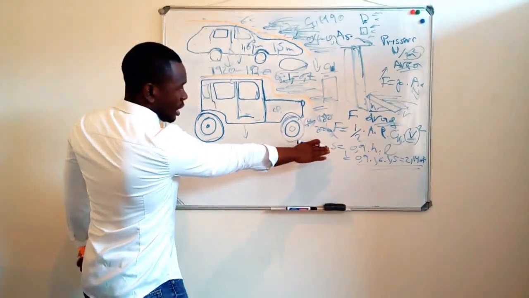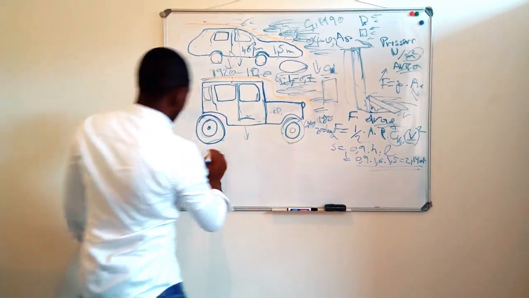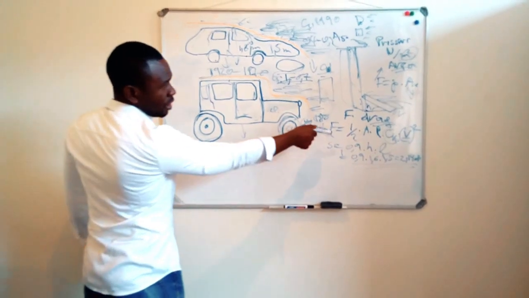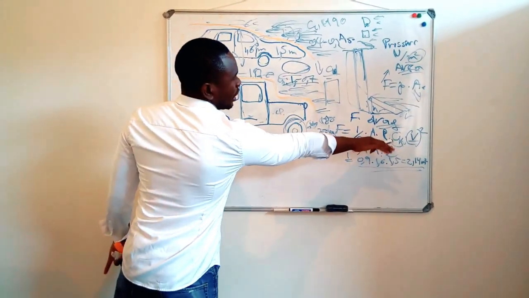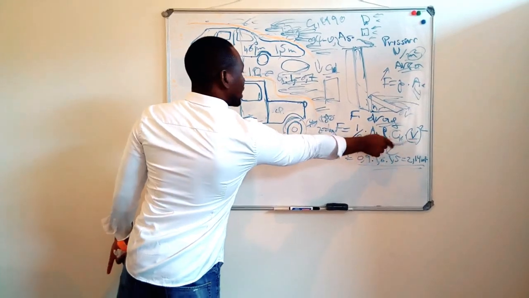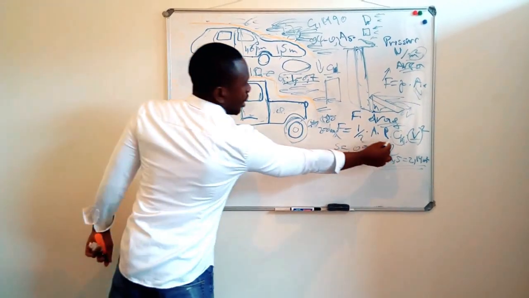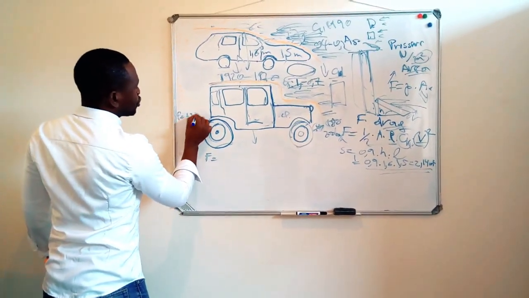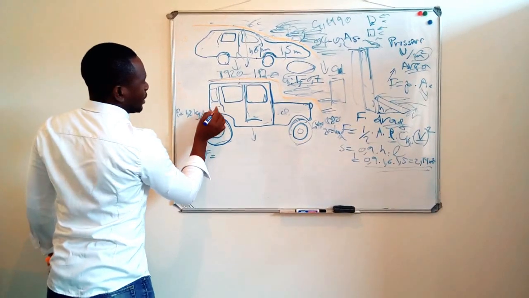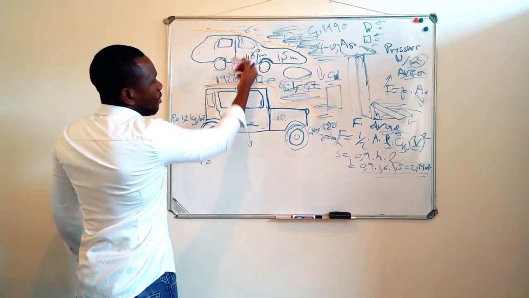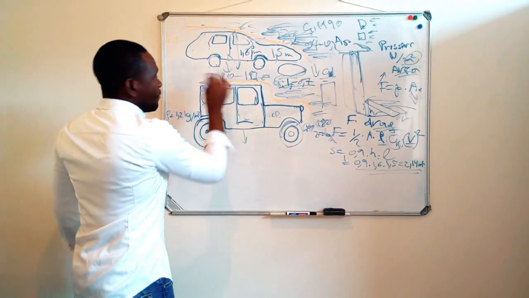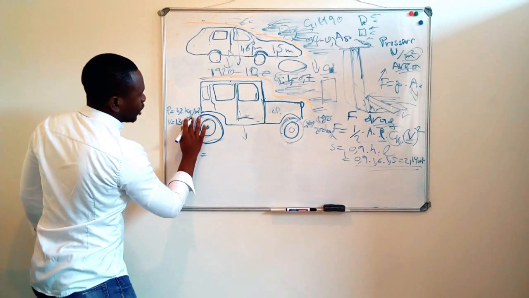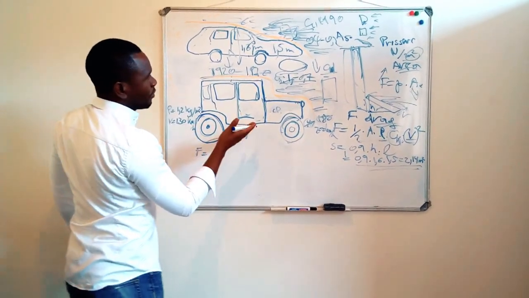So if we have to get the force of drag now, we're going to take 1/2 times the area times the mass volumic times the coefficient. We need to know that rho, the mass volumic of air, is 1.2 kilograms per meter cube. Let's consider our vehicles. Both of them have a speed of 130 kilometers per hour.